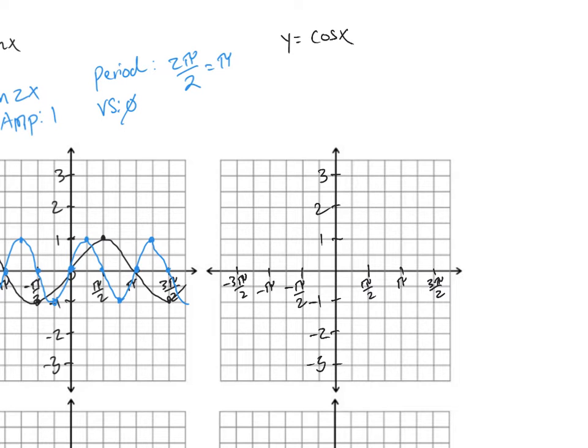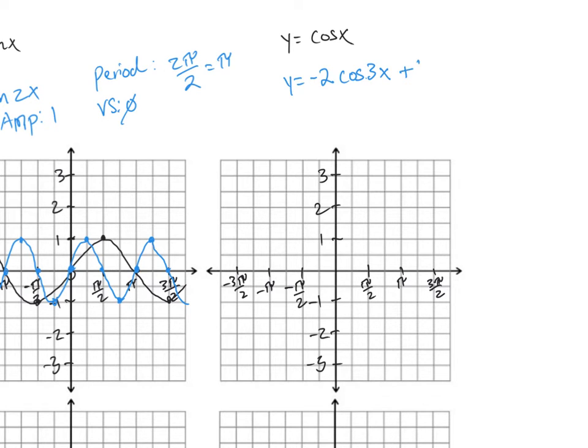Let's drastically change this. Let's change the vertical shift and amplitude. So let's say our new one is y equals negative 2 cosine of 3x